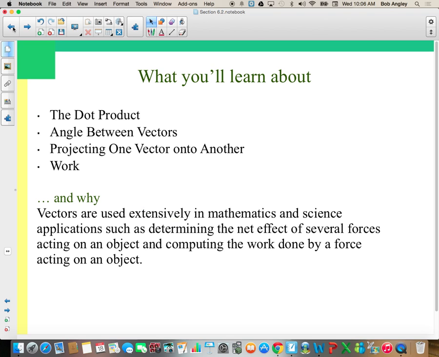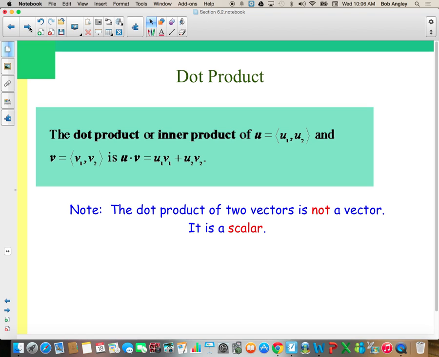At this part, when it talks about the dot product, another name for the dot product is the inner product of two vectors. If one of the vectors is u1, u2, and the other vector has components v1, v2, then when we do the dot product, indicated by that little dot between them,